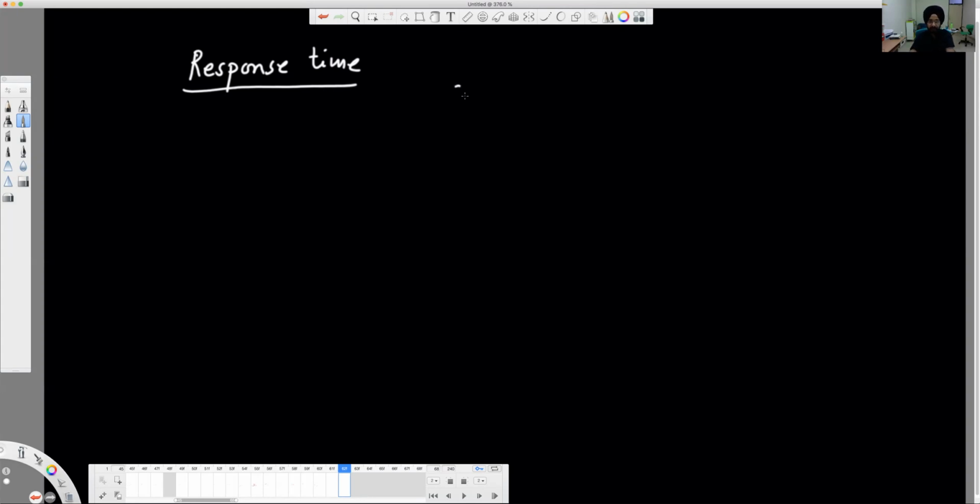response time. So let's look at the simple activation. X activates Y with the maximal production rate beta. Okay, and let us say we will look at the degradation of Y to calculate the response time. Now you might say, why not accumulation of X? You can do that too, but for the ease of derivation, we are using degradation of Y.